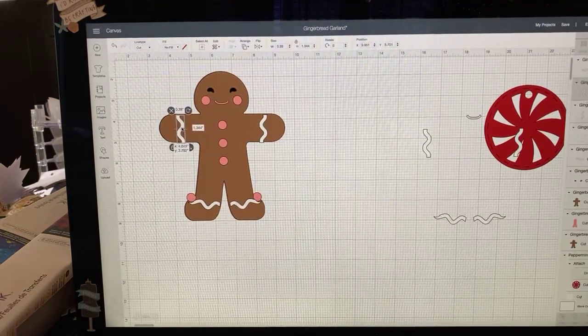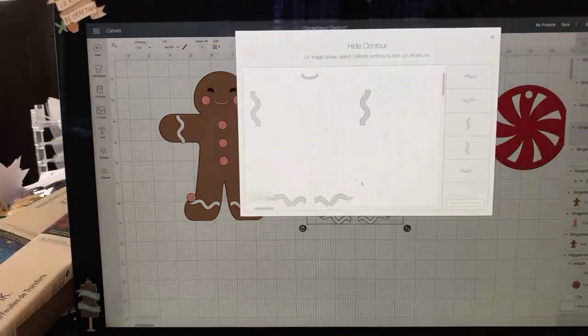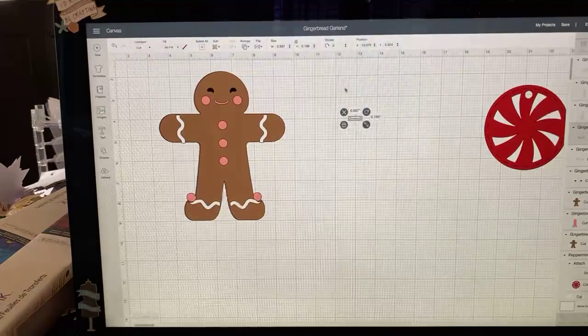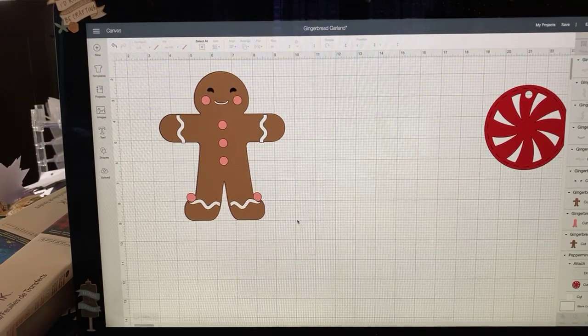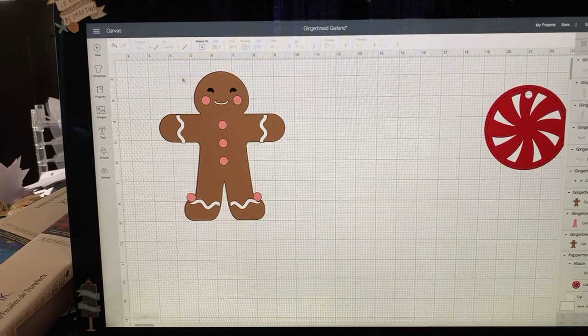Now, I know you might be like, just cut it out and be wasteful of the paper, but you guys have been with me for a while. You know that I don't like to waste, and this will definitely save you a lot of paper. So here you go. Here's our gingerbread person, man, whatever, a gingerbread cookie, and it's ready to be cut out,